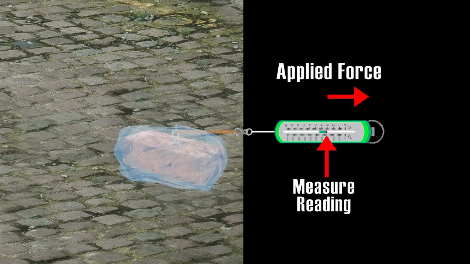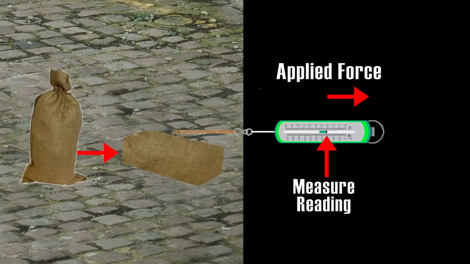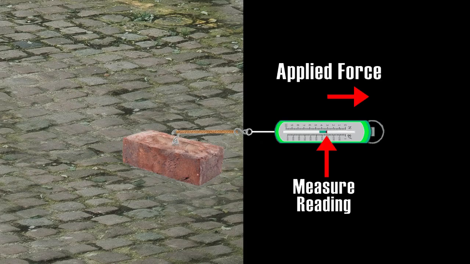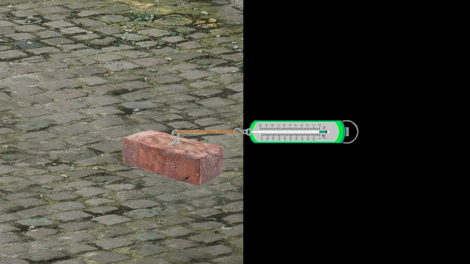Now, wrap a piece of polythene around the brick and repeat the activity. Do you observe any difference in the reading of the spring balance in the above two cases? Yes. What might be the reason for this difference? Repeat the activity by wrapping a piece of jute bag around the brick. What do you observe? Now in the first case, we can see that the brick is in direct contact with the floor, and due to surface roughness of the brick and the floor, spring balance gives the measurement of friction when the brick just begins to move.